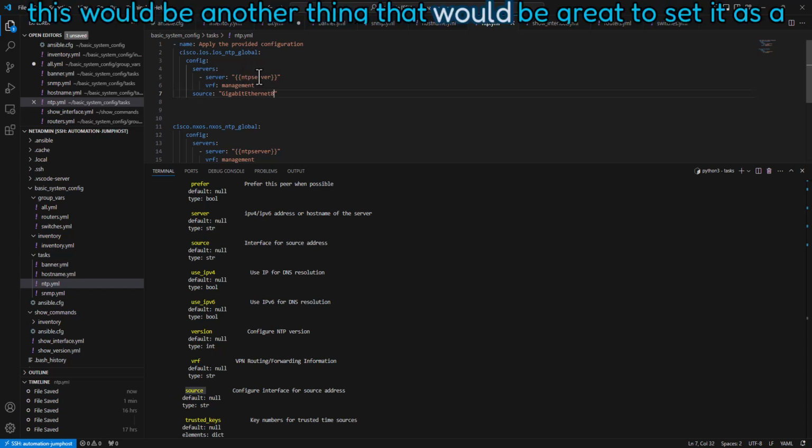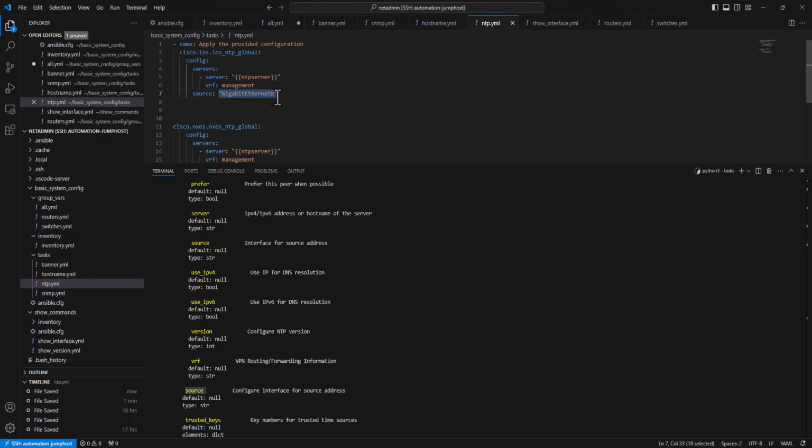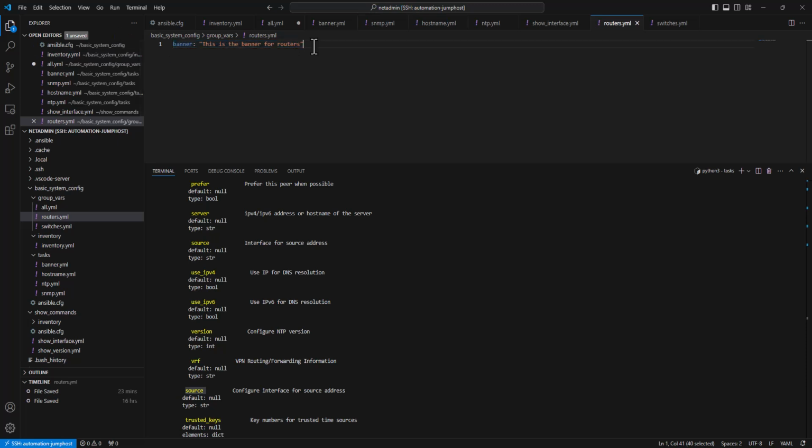Now this would be another thing that would be great to set up as a variable. In fact, I'm going to do that. I'm going to change this. I'm going to call this NTP source int, and under my routers group, NTP